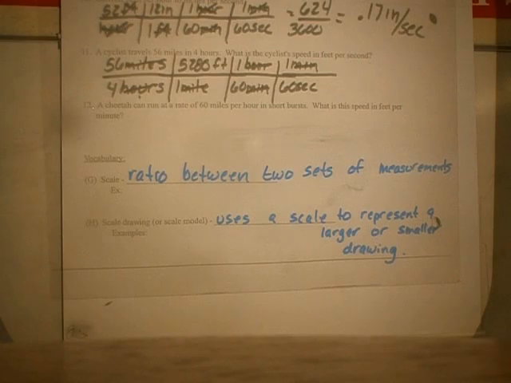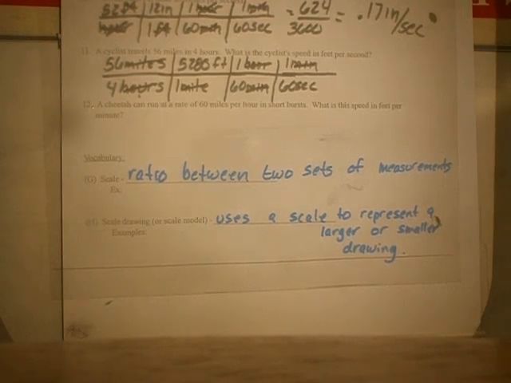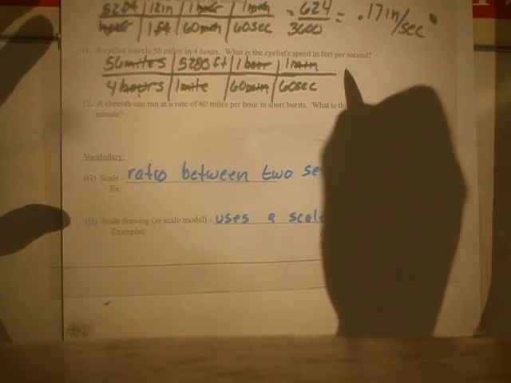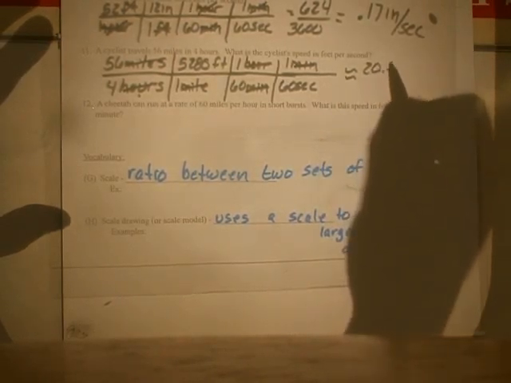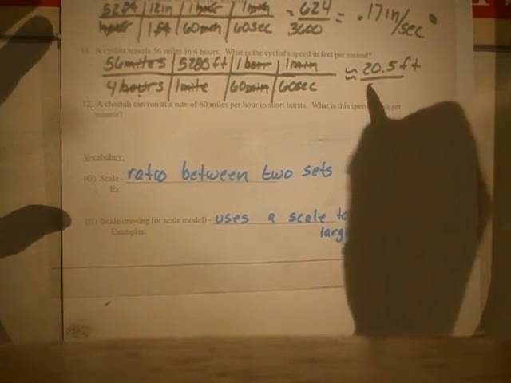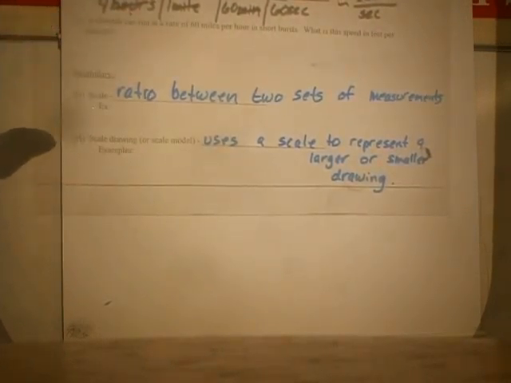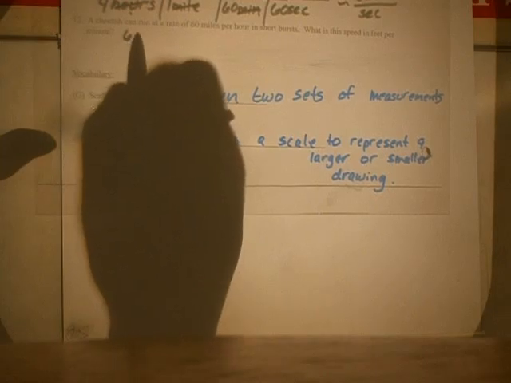On the top, you're going to multiply 56 times 5,280. On the bottom, you're going to multiply 4 times 60 times 60. And then you are going to divide those two numbers. And can anyone tell me what you ended up with? Just kidding. Okay, so right about 20 and a half feet per second. Number 12, a cheetah can run at a rate of 60 miles